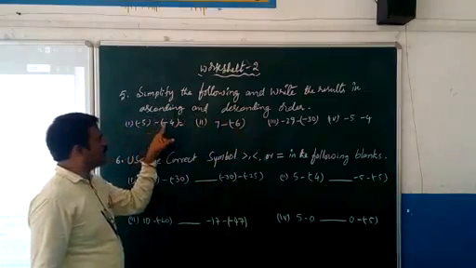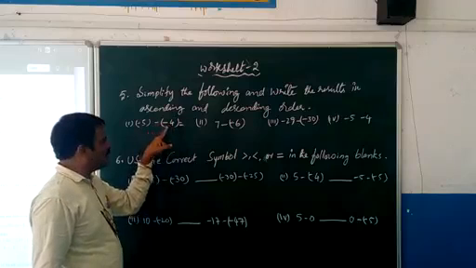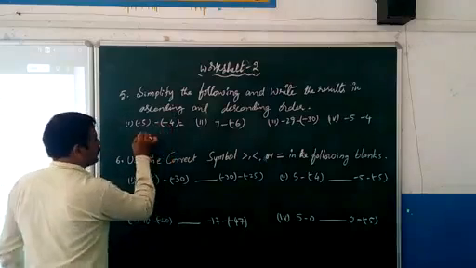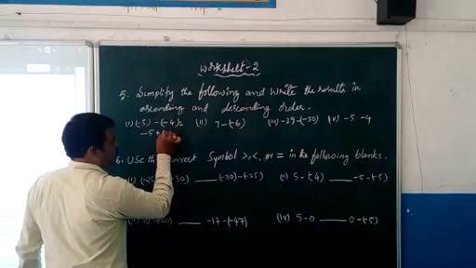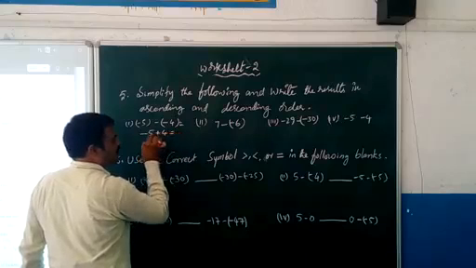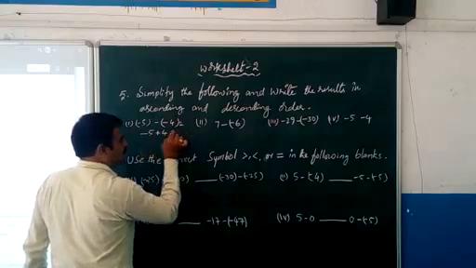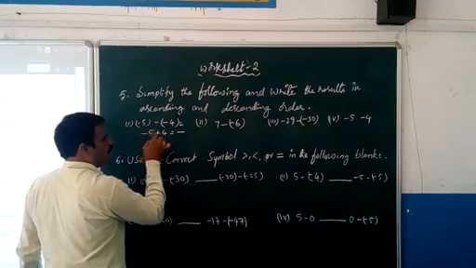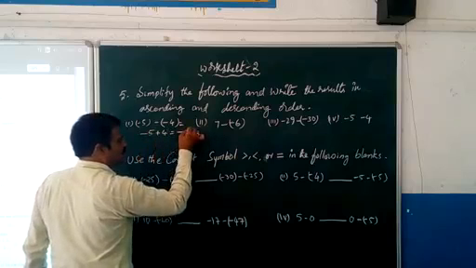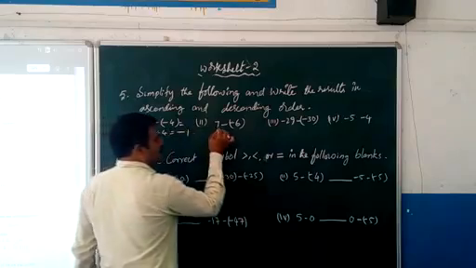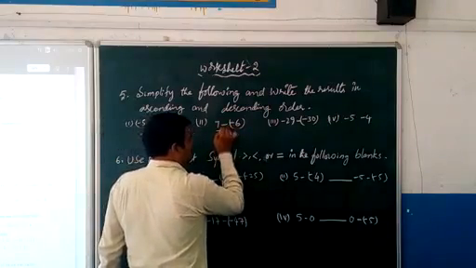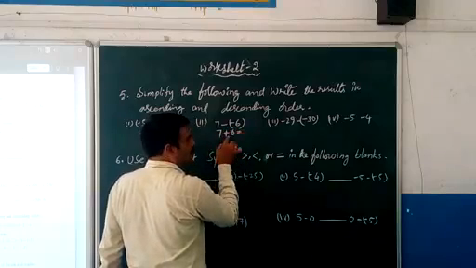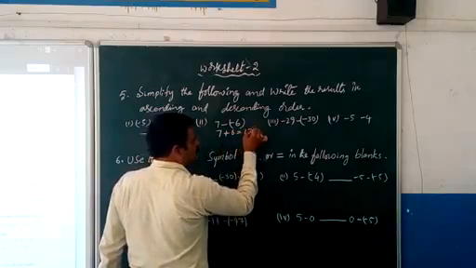Minus 5, minus of minus 4. When minus is given before the brackets, its value is changing, I told. So minus 5 plus 4 will be, since both of them are opposite signs, you will get the greater value sign, and you write the difference here. Second, 7 minus 6 will give you 7 plus 6, both of them are positive now, and therefore it will be 13.